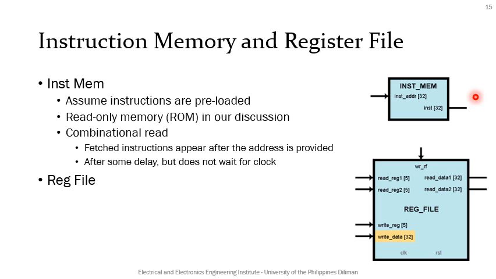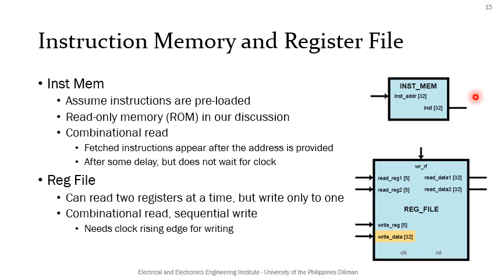The next major block in the data path is the register file or reg file, which contains the 32 general-purpose registers. Since the MIPS ISA supports only up to 2 register operands, the register file must have 2 ports to enable reading 2 registers at a time. MIPS instructions also write only to 1 register, so having only one set of inputs for writing is enough.